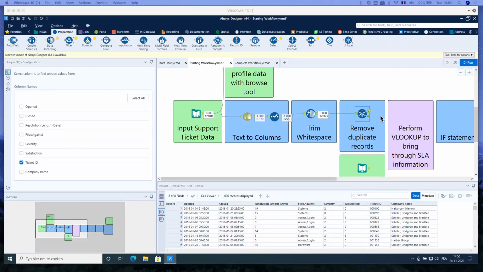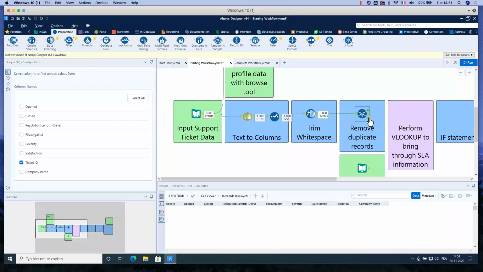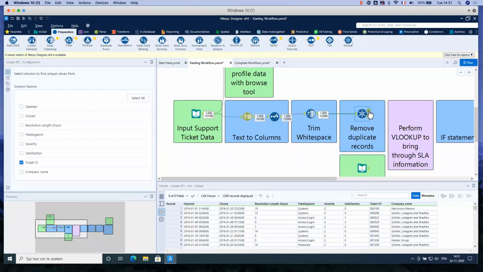In fact, one record for each unique record will always be kept and placed into the unique anchor, with all further instances being placed into the D, the D for duplicate anchor. And you see, in our case, we don't have any duplicates. You see 0 records displayed. So that's good. We will continue with the unique anchor.